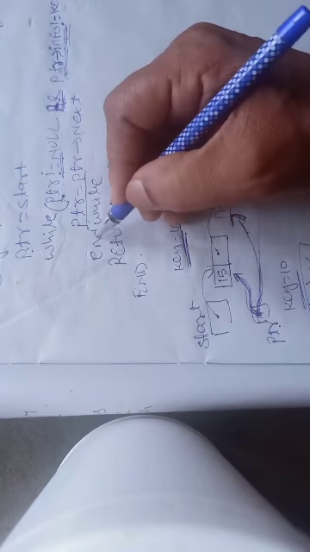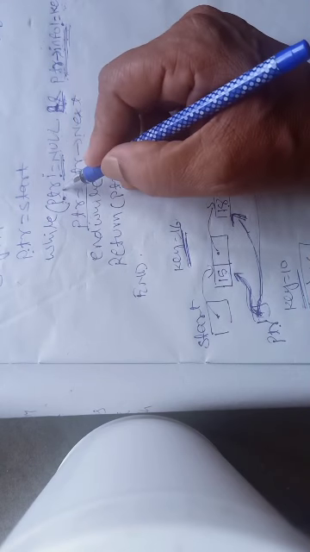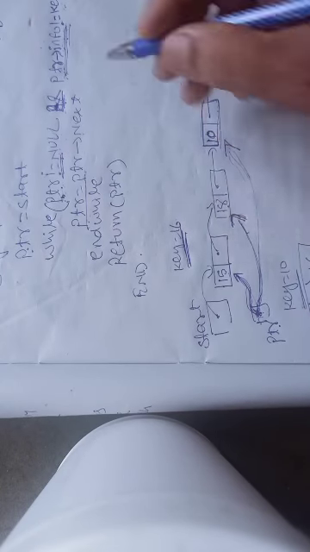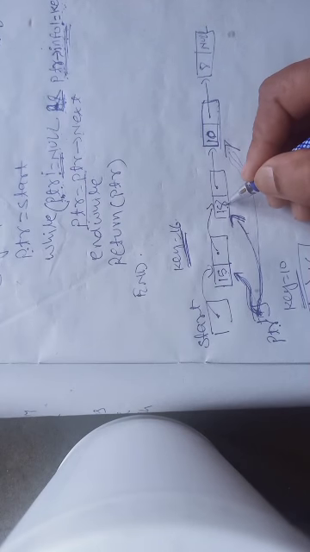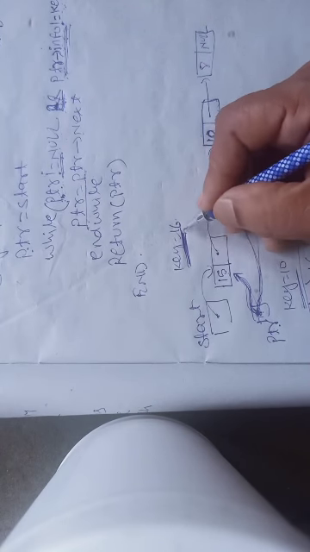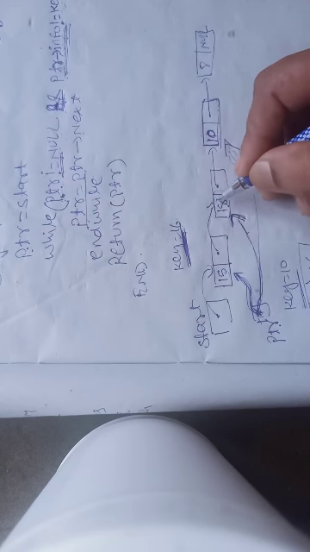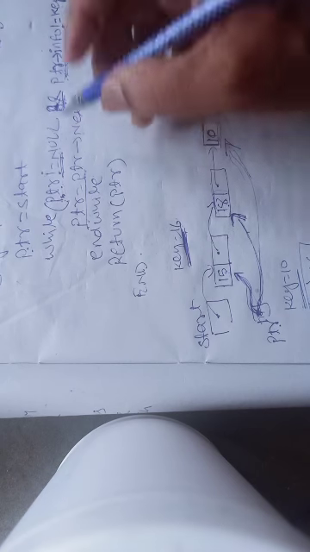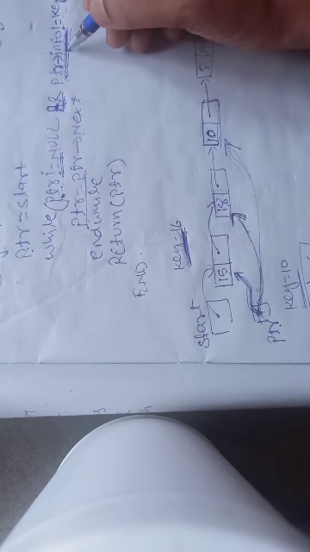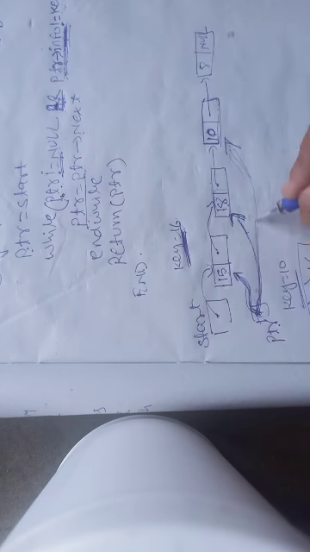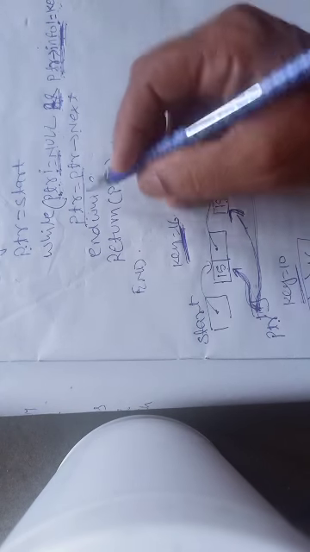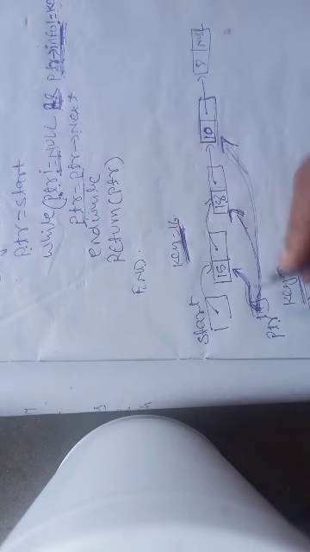When I reach the second node, this condition is again evaluated. PTR not equal to null, yes, PTR is not null, true. And PTR of info not equal to key. Here the info part of PTR is 18, but the key I want to find is 16, so this is also true. So I will move to the next node, the third node. PTR equal to PTR of next, so the third node is reached.